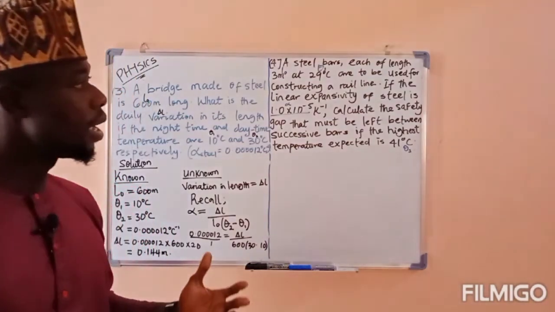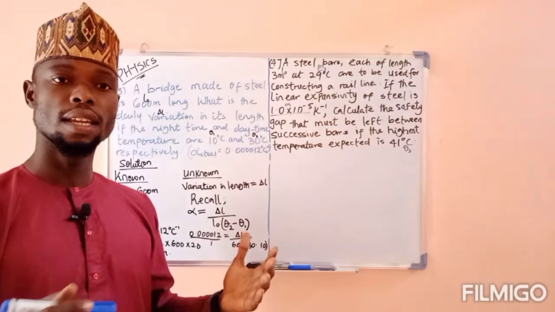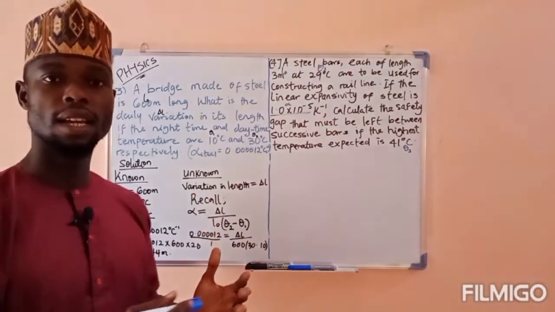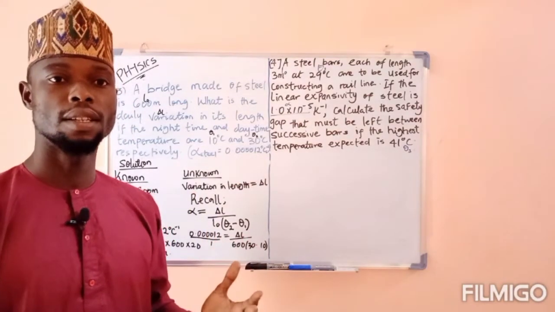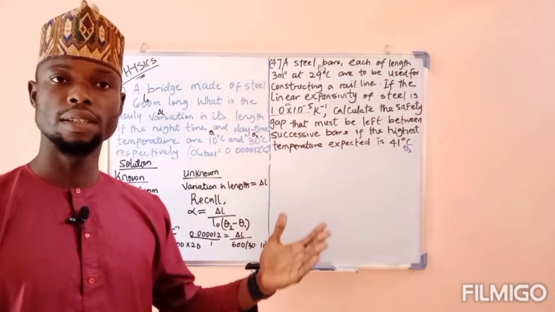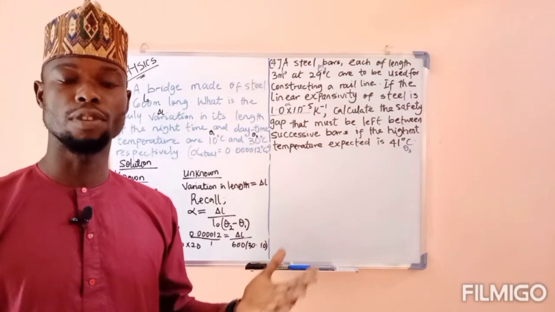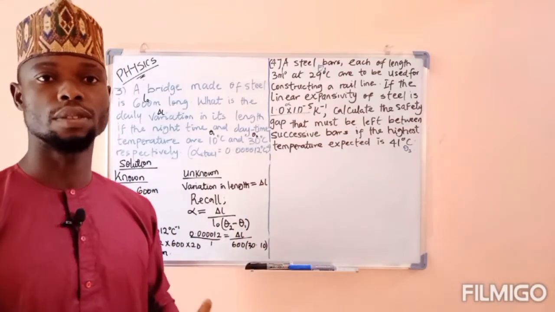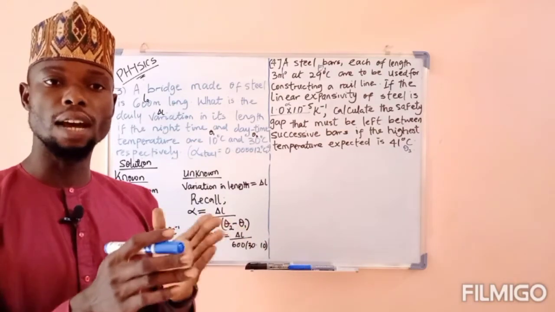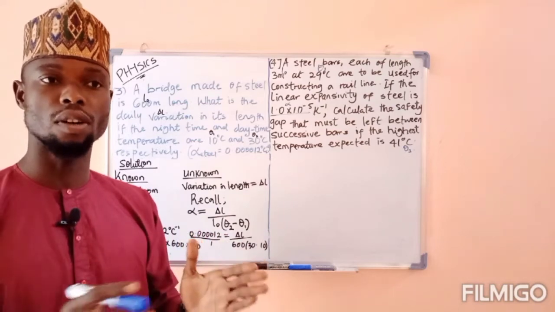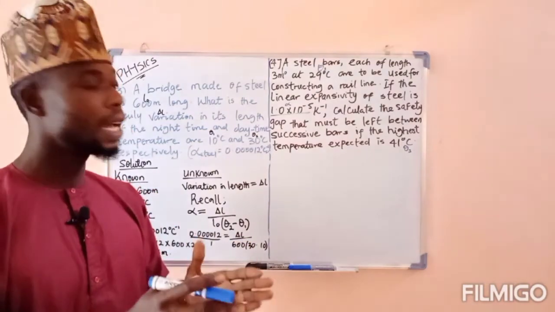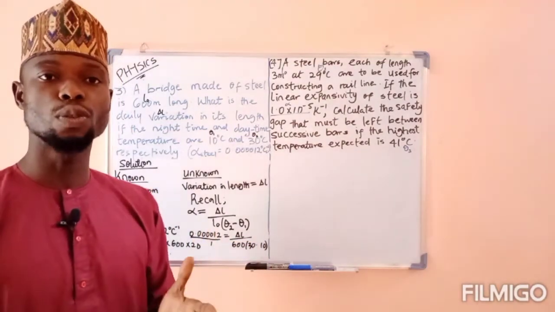So, if a safety gap is not put into consideration, a safety gap is just like a kind of allowance given for that kind of expansion, variation. Because in the day, we have expansion as a result of heat from the sun, and in the night, we have contraction. So if there's no safety gap or allowance given by the contractors or the engineers, then there's tendency of the rail line to derail, which can result in accident